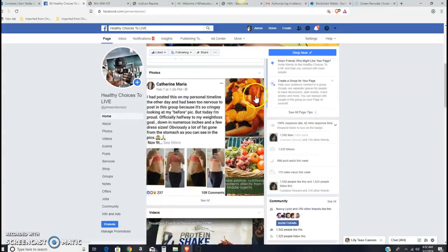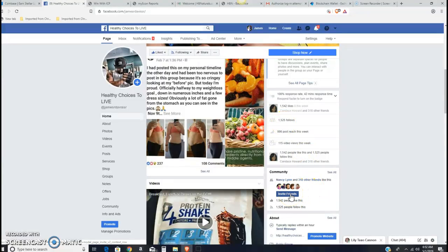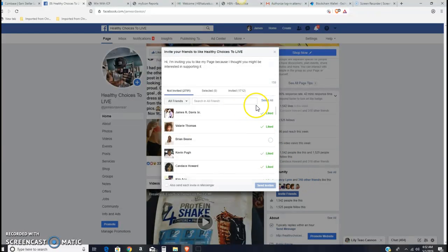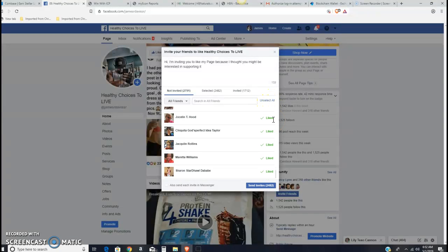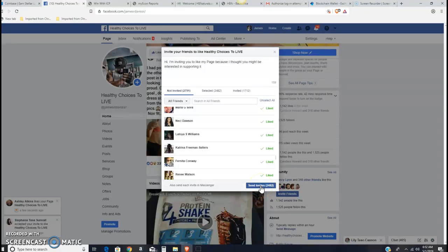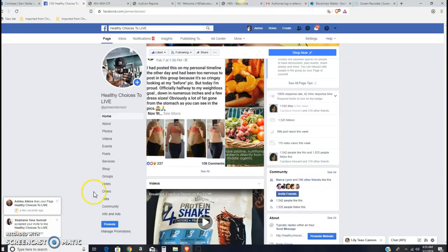To show you something that I just did. I just invited my friends, and so I clicked on invite friends. Really cool feature, and it allows me the opportunity to select all of my friends that's on my friends list. Okay, which I've already did. So I'm gonna select all, and then I'm gonna send the invites to 2,482 people. And as you can see, people are already starting to like my fan page, accept the invite, likes,